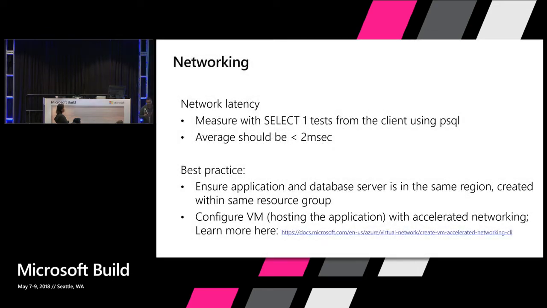So one of the first things that we have seen is performance. Why is my performance not at par with running on a VM or on premises? One of the very critical reasons for that is the network latency. It's very important as you look at bringing your applications onto the cloud,